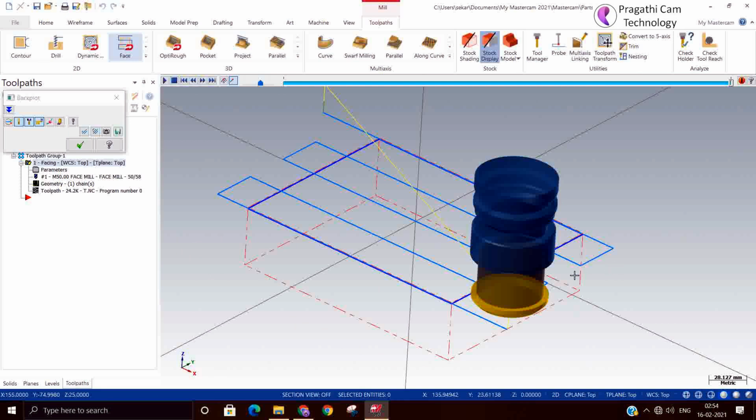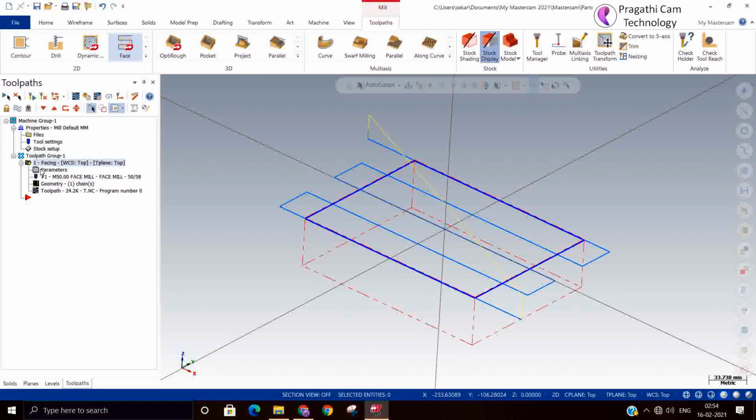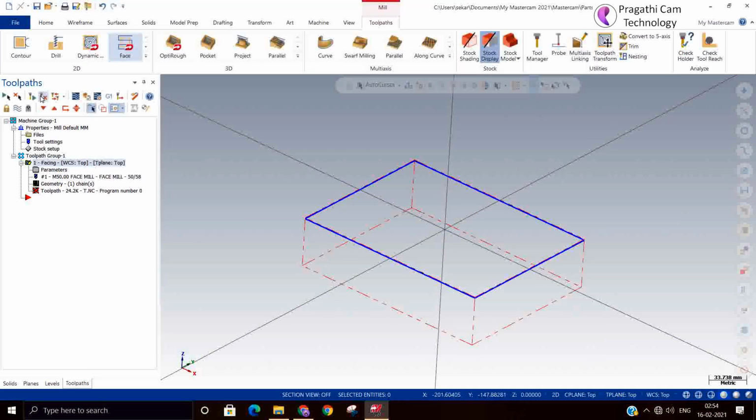The smooth transition may not happen. So we'll modify here how to make a smooth transition movement between the cuts. Here you can change it to the high speed loop, and you can regenerate it.